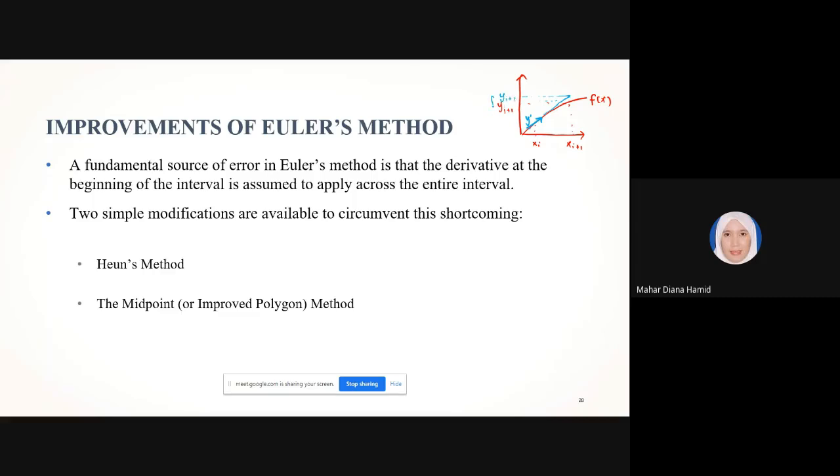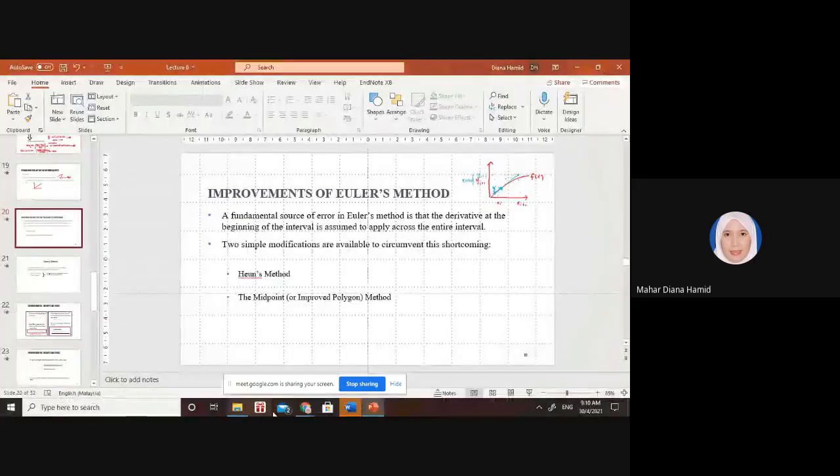As you can see, we got a large error. Not really, you cannot really see whether it's a large error or not on this graph. However, if you try to calculate the global error, you will see that Euler's method has the biggest global error for that particular step. So in order for us to improve our answer,